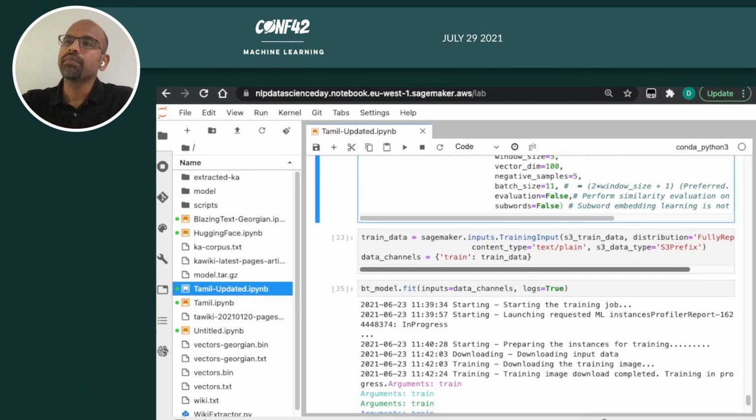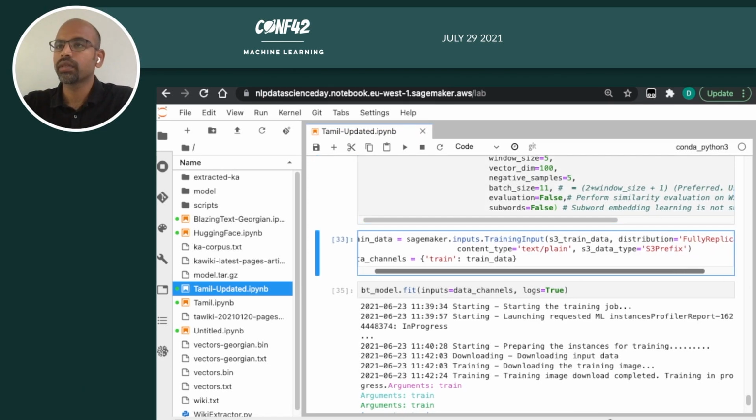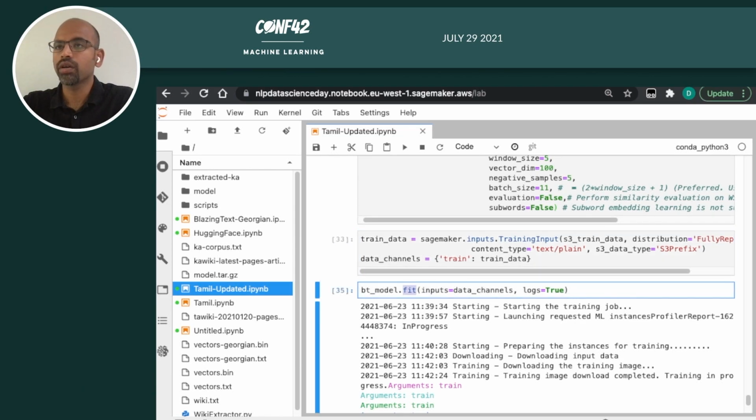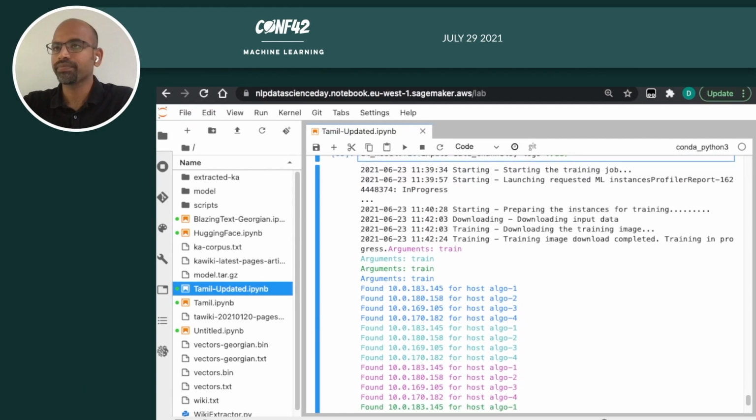Once you set the hyperparameters, you then kickstart the training by pointing to the training data that needs to be used, and calling this fit method. Now, once you say model.fit, as you see here, it starts the training job. It completes the training,